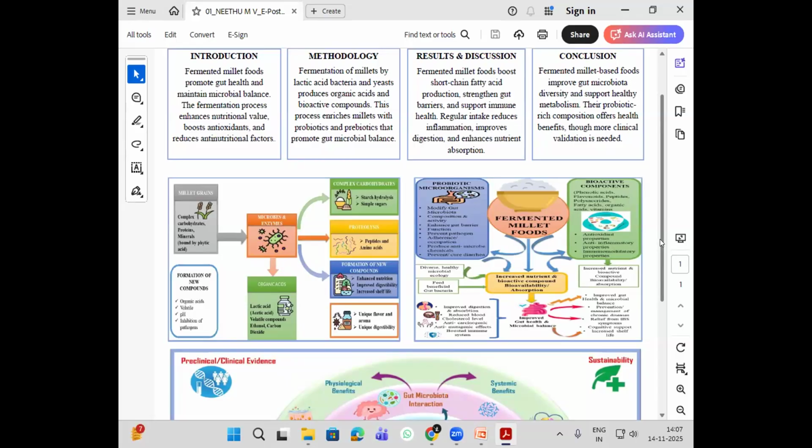Gut barrier integrity means it will increase the integrity of our gut barrier, so that only nutrients can absorb, and the anti-nutrients are stopped by the barrier and do not enter. It will not allow the anti-nutrients inside our gut, and it also helps with immune modulation. That means increasing interleukin-10 and decreasing interleukin-6, along with anti-inflammatory effect and antioxidant effect. Systemic benefits are brain health, anti-diabetes, and cardiovascular benefits.